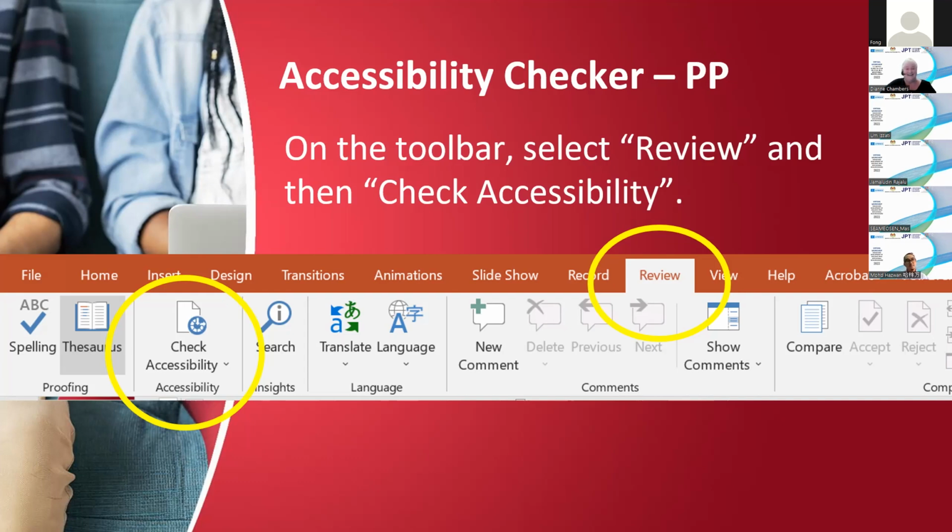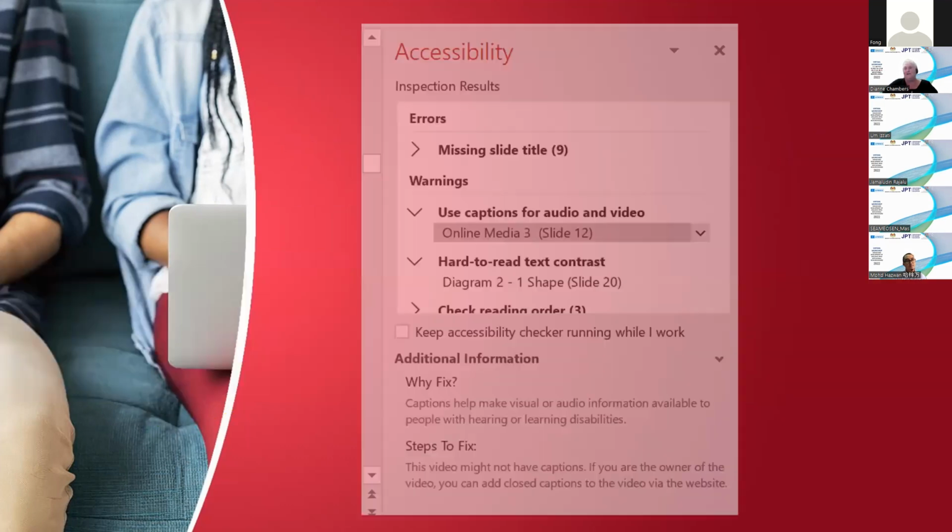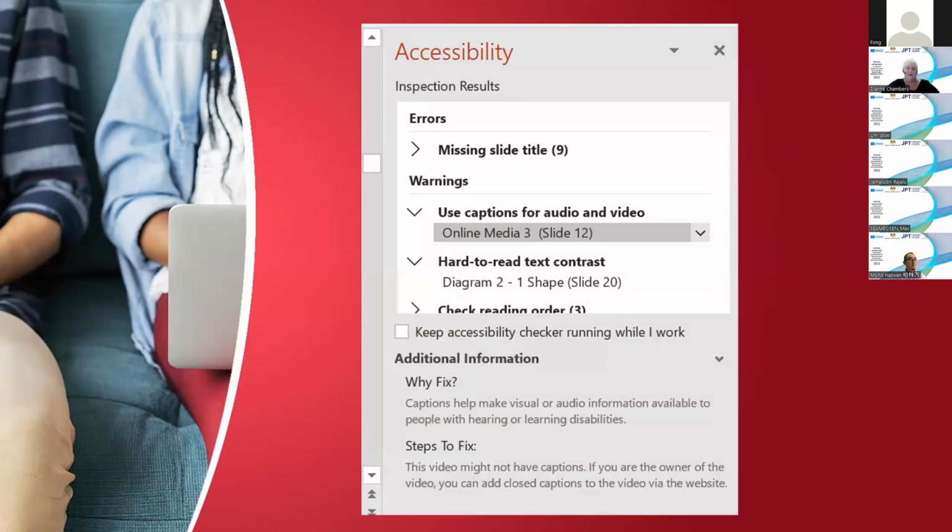So what I've done for one of your tasks today, this session, is to make you a PowerPoint that's not particularly accessible. And I want you to go in and use the accessibility checker. Now, that on its own is often not sufficient. So I have to say that. There may still be things in the PowerPoint that are not accessible that you might have to think of manually. So you will need to put yourself into the shoes of somebody.